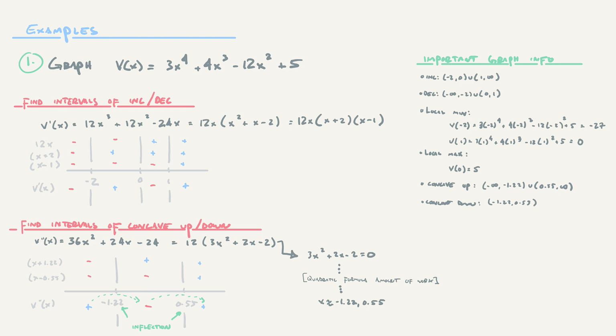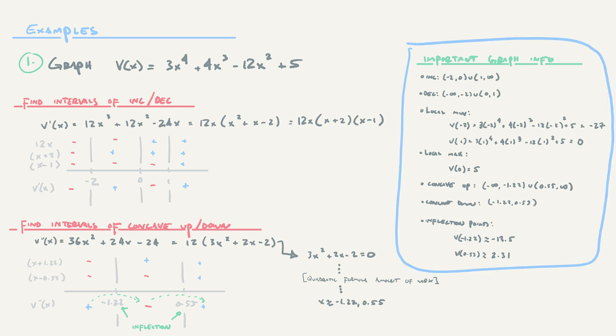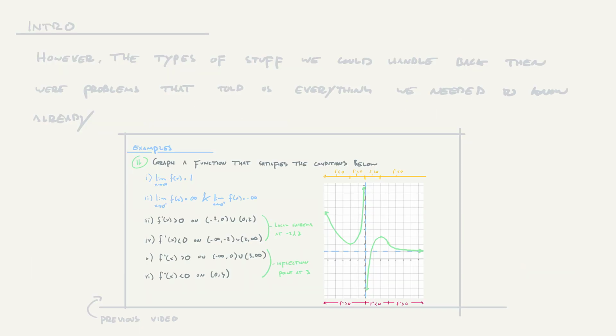But there are some inflection points because the second derivative is changing its sign at those values, and to place them on the graph, to put the inflection points somewhere, I plugged them back into v to figure out that, okay, well, negative 1.22 and approximately negative 13.5, and then 0.55 and approximately 2.31, those were my 2 inflection points for the graph. And so here we finally have produced a list of things that in a previous video we were